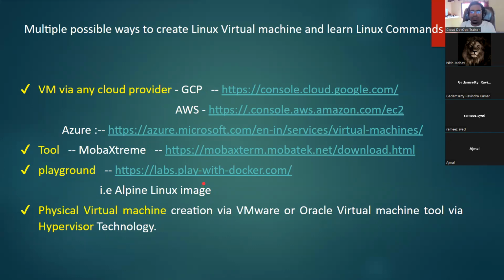If we want to learn Linux, there is a playground. It's provided by Docker, but we can use it for learning Linux as well. Today, we will create one free account on this as well, so that you can use the playground as well as the virtual machine over the weekend. Weekend is coming. I want you all to practice whatever we have learned till now. And a physical machine, yes, we can create one also with the help of VMware or Oracle VirtualBox. This is a very heavy operation, so I will take it in the virtual machine class, not now.